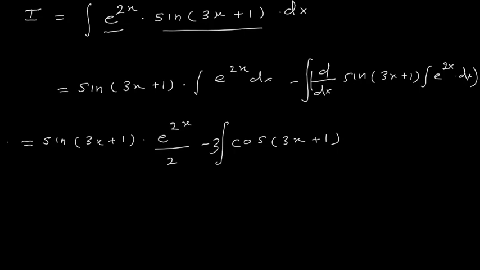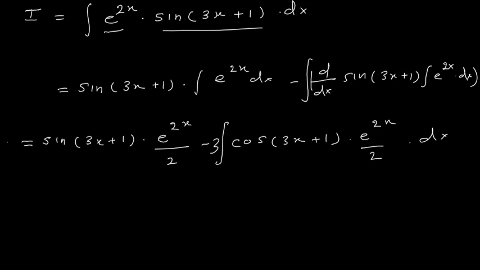Fine. Now as we have done integration on this left hand side, we can use a constant of integration c1 for this left part, or we write the constant of integration at last. I prefer to write the constant of integration at last. Now here the integration of e^(2x) is e^(2x) divided by 2 into dx.